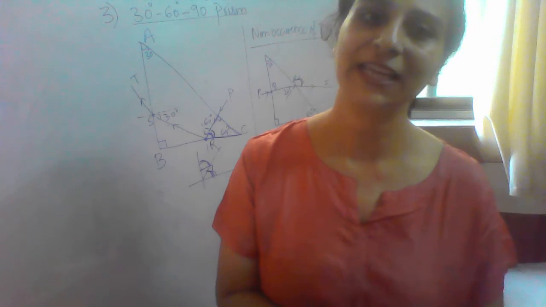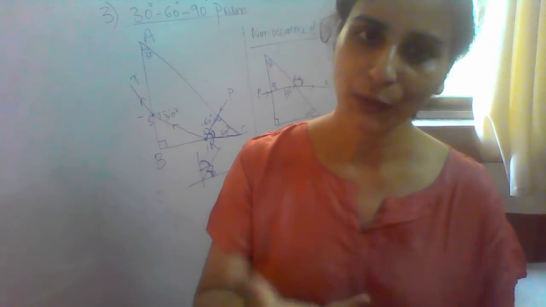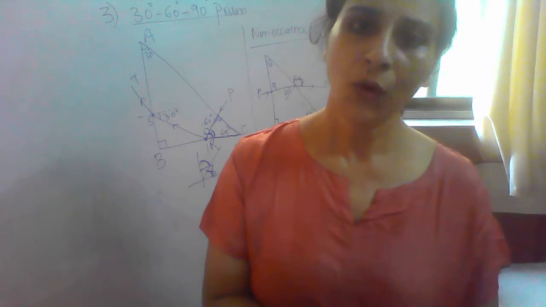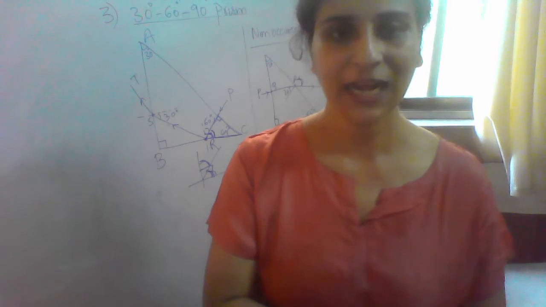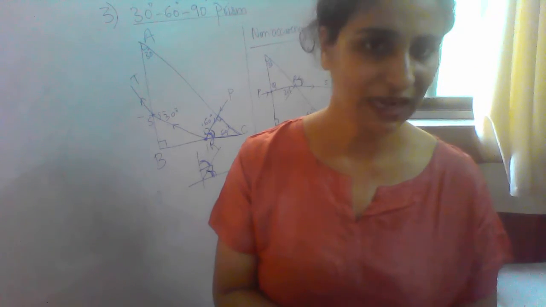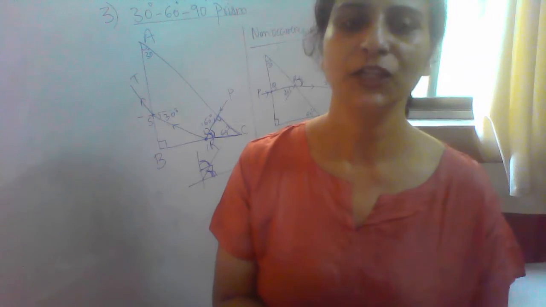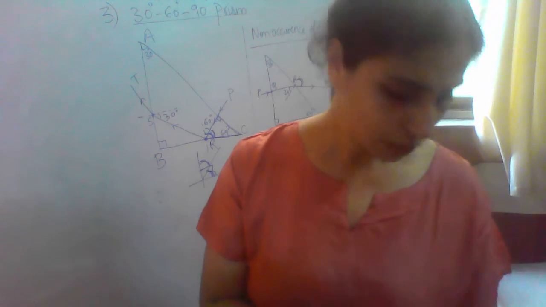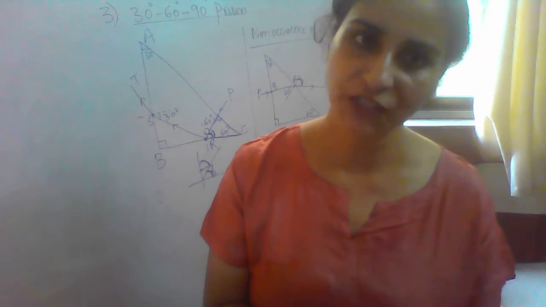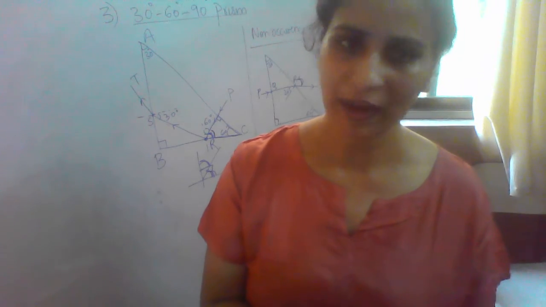Intensity of light is completely being utilized because the whole of the ray will be totally internally reflected. Intensity of light will not become less. That is the advantage of using a prism instead of using plane mirrors. So we have here 3 important points. You need to make notes.